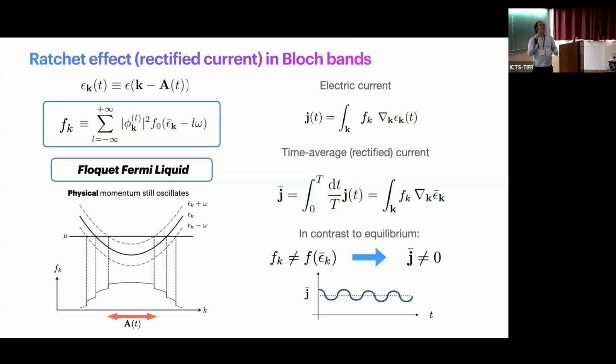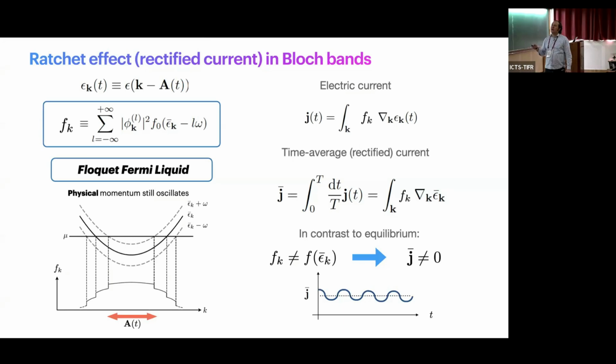And that's really the key to explain why there can be rectified current in this steady state. So, the time average current: the current is just whatever the occupation is times the group velocity of the particles. Let me average this expression over one period. And so you can show in the end that this average of the energy for this one band model equals the Floquet energy, actually. So you get in the end an expression that resembles a lot what you have in equilibrium. So the DC rectified current is this occupation times the group velocity that you would compute from